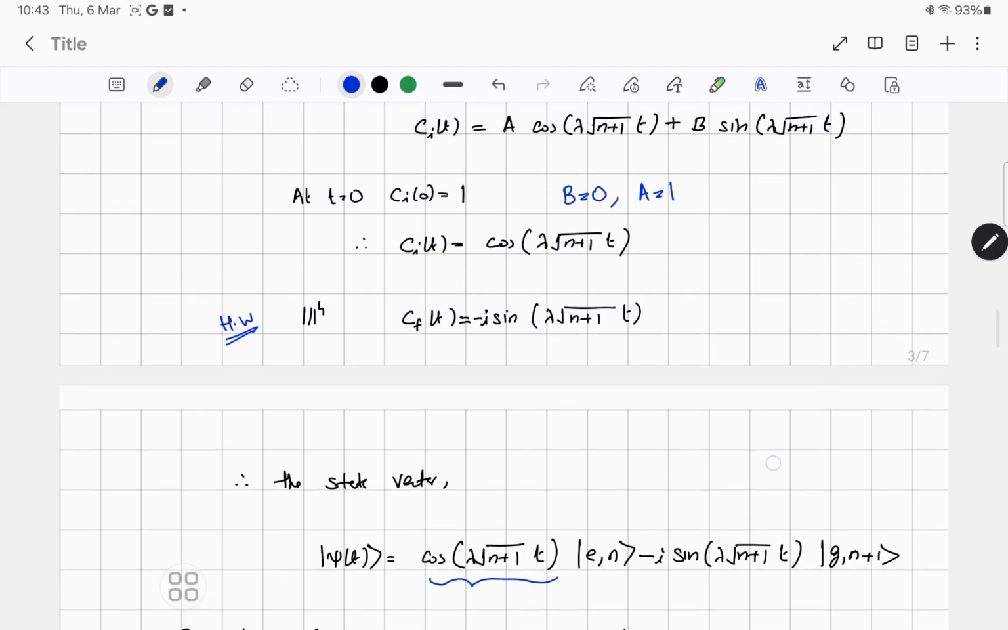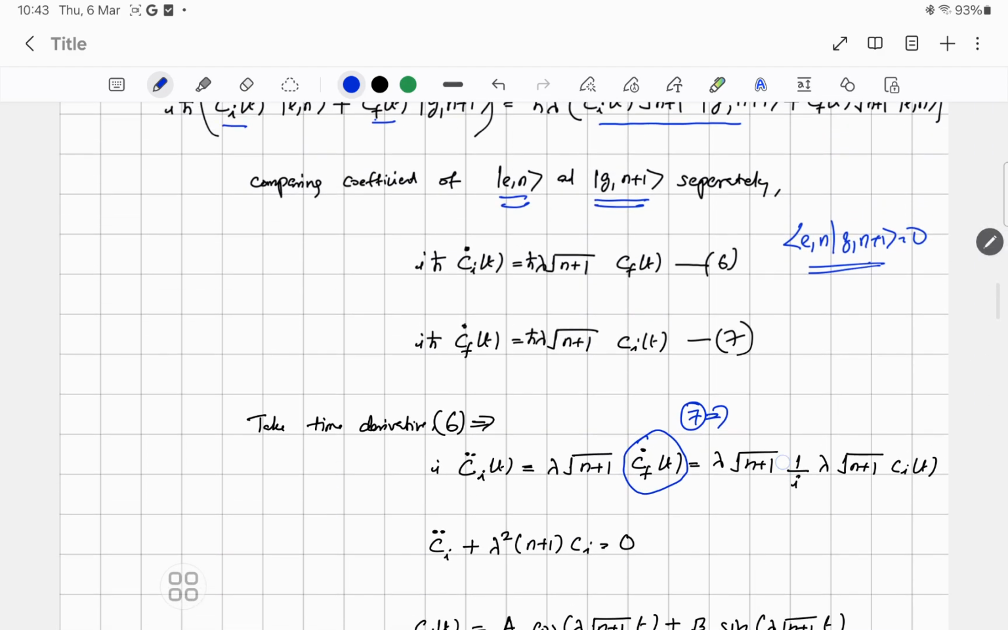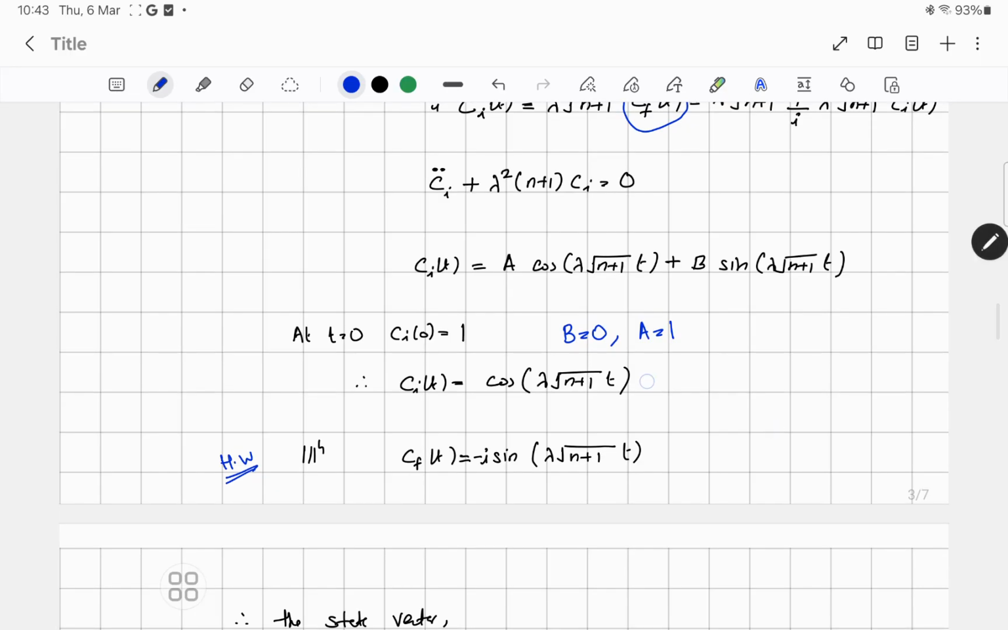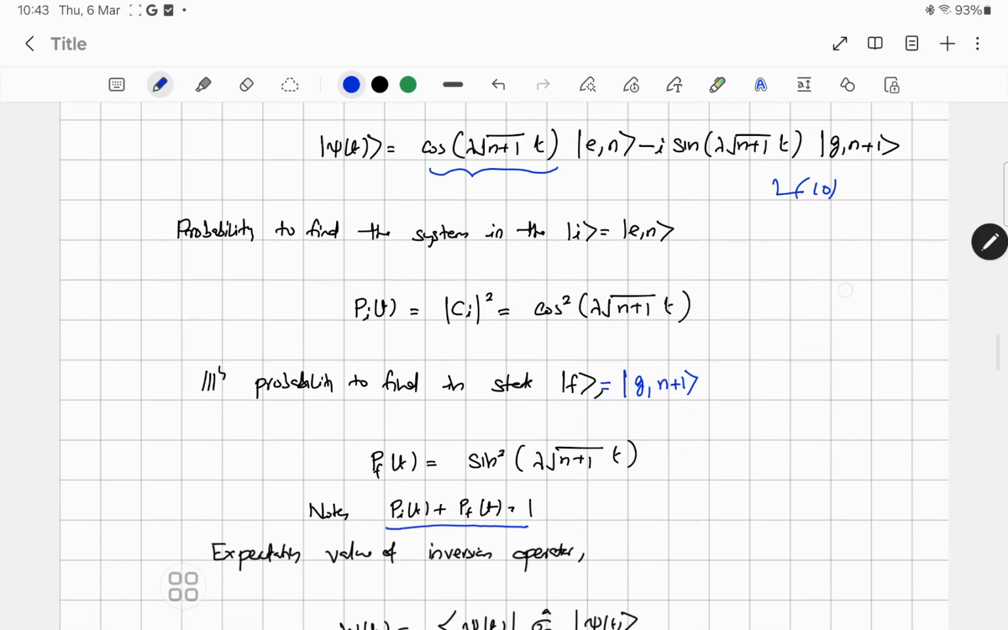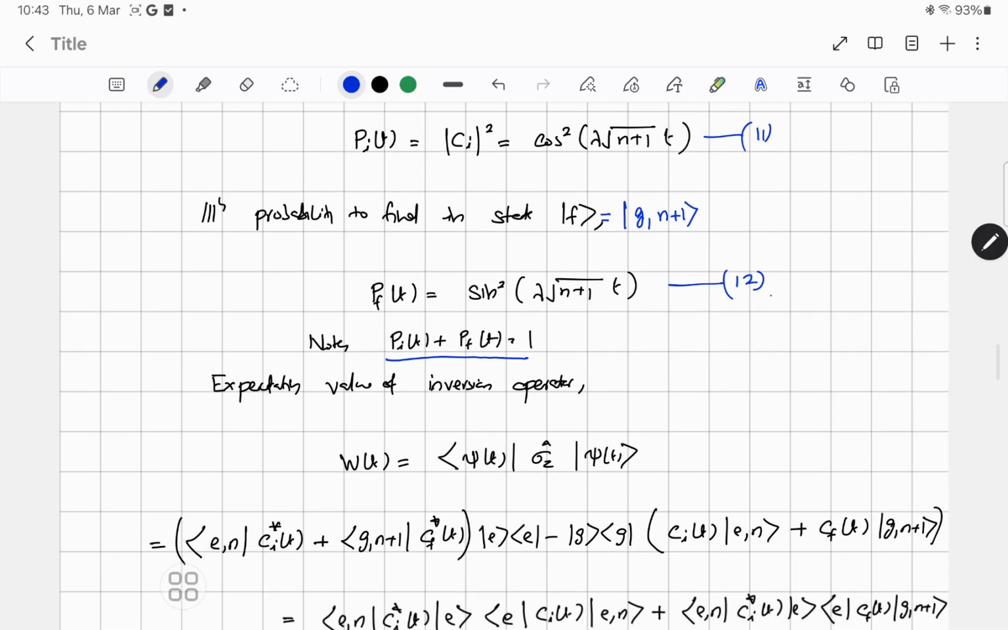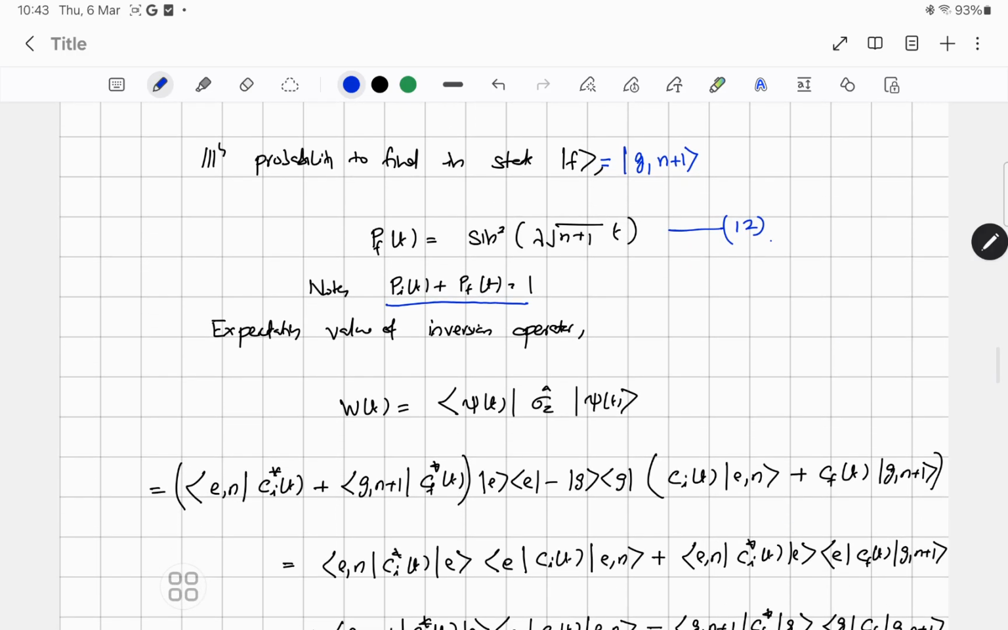Okay, so let us keep some equation numbers for this. This can be equation number 8, 9, 10, and this probability can be equation number 11, and this can be equation number 12. Next, our aim is to calculate the expectation value, which gives the dynamics of the system, how